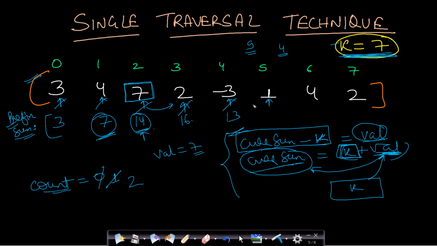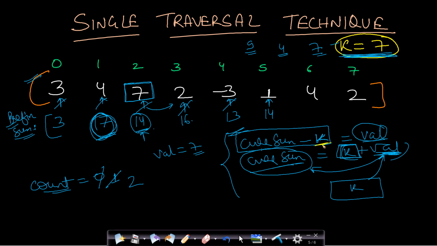We will add 1, it will be 14. Now 14 will be compared with 7, they are not equal. Now we will find current sum minus k. So current sum 14 minus 7 will be equals to 7. So you can see that 7 is present here in our prefix sum array, and therefore there must exist a subarray which is having a sum equals to k